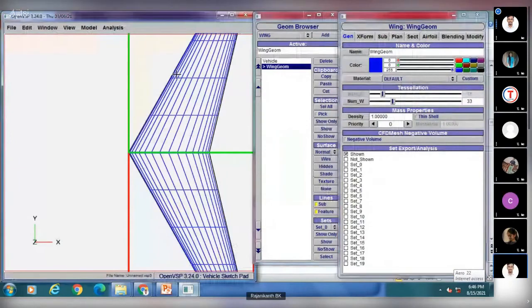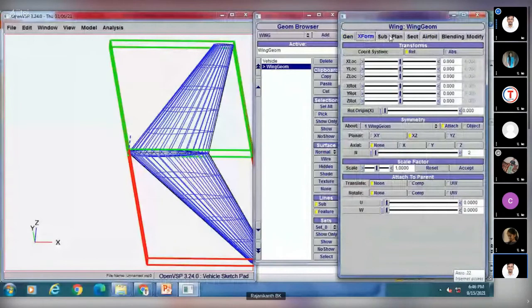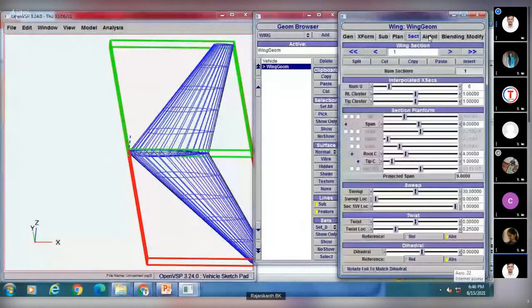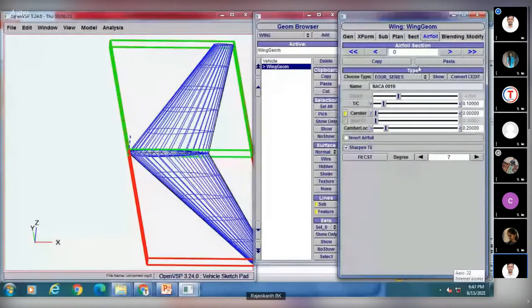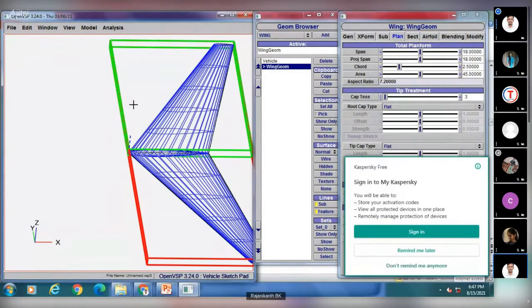Okay, so currently this is our default wing, and in this default wing we have the default aerofoil, that is NACA 0010, and we also have the default span. So here we will vary this wing.